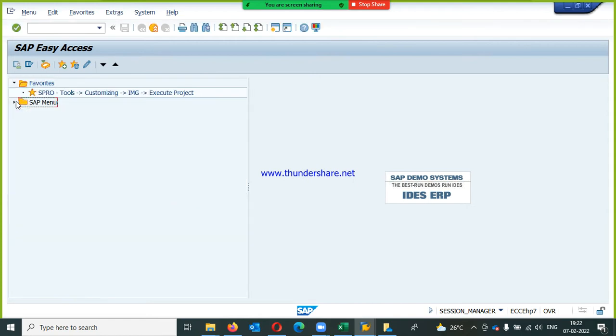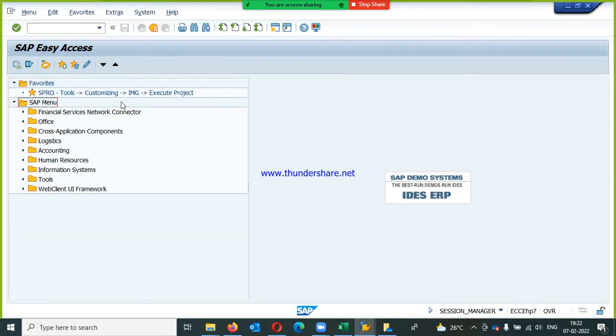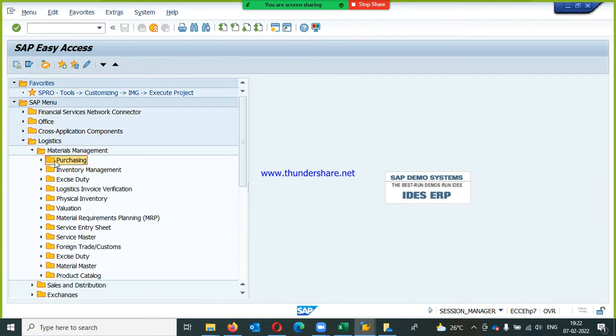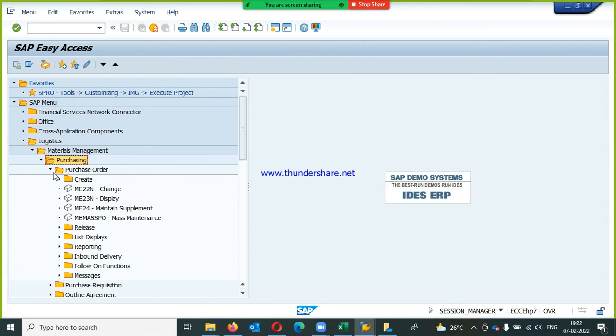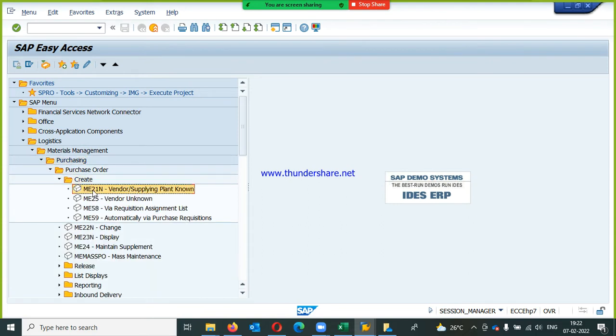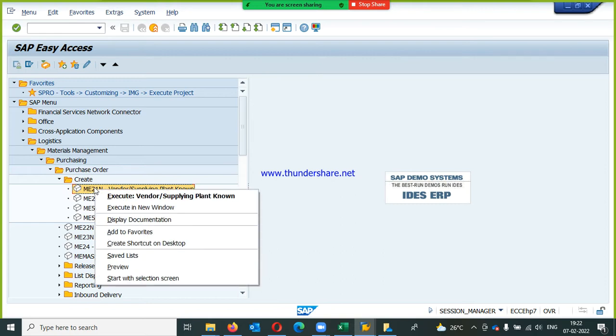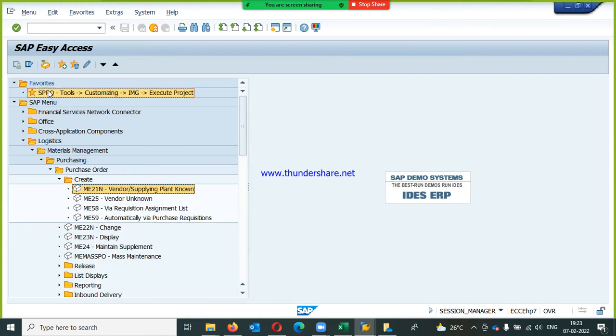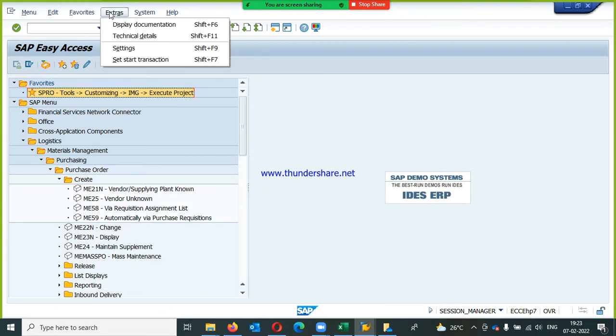And here you can add some programs to your favorites list. Say I want to add purchase order, because I use the purchase order screen many times while working. I used to come to this particular screen, so I can maintain or create it in a favorites list. Like I want to add this to the favorites list. Just right click on this and add to favorites. It will come to the favorites list. Then